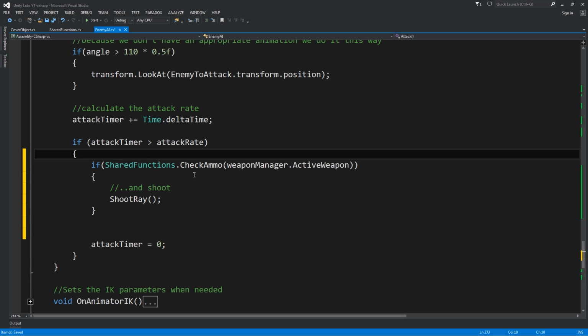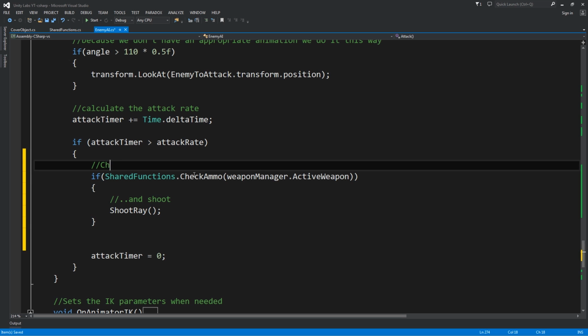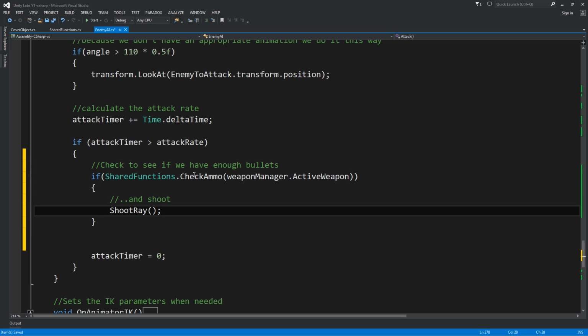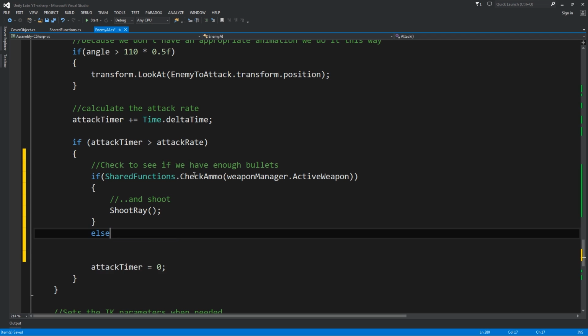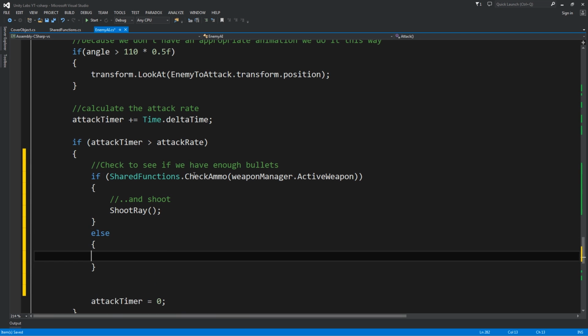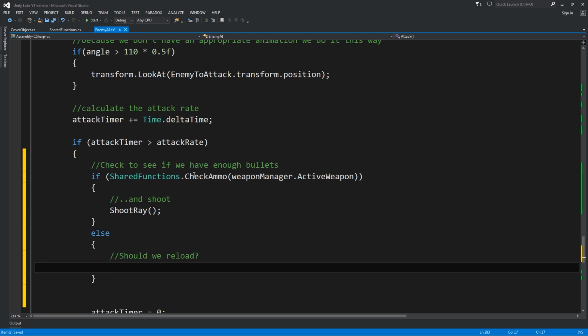Then let's say, do we have weapon control dot, no, I want to say reload active weapon, else, and this is actually a function, so let's call this weapon manager dot active weapon equals, is it weapon manager dot weapon list, okay, no,